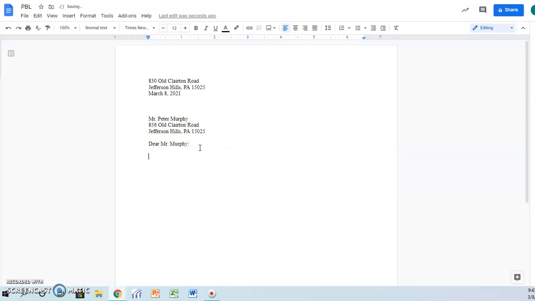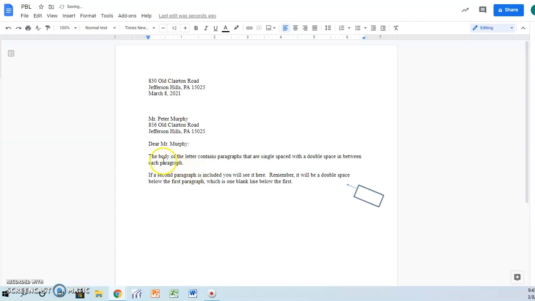Strike enter key twice, and then I'm going to put in the body of my business letter. So I'll go ahead and put the body in. Notice the body is single space with a double space in between. So I'm not going to strike enter because I've already done that, but I'm just going to hit the down arrow. That would be like me striking enter once, twice, and this is where I would start typing my second